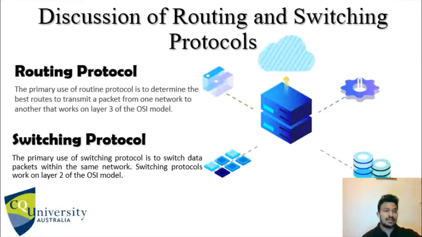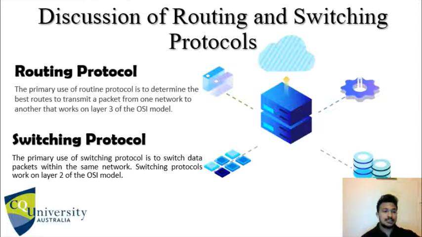Now I'm going to discuss routing and switching protocol. First, routing protocol. What is a routing protocol? A protocol which is used to deliver application traffic. A routing protocol specifies how routers communicate with each other to distribute information. Routers perform the traffic directing functions on the internet. Data packets are forwarded through the network of the internet from router to router until they reach their destination computer, and it works on layer 3 of the OSI model.